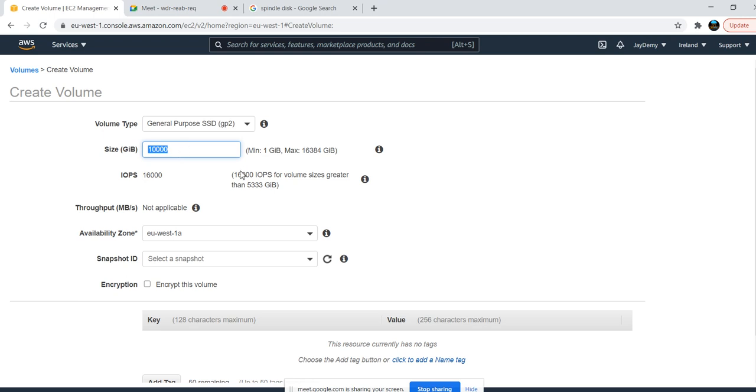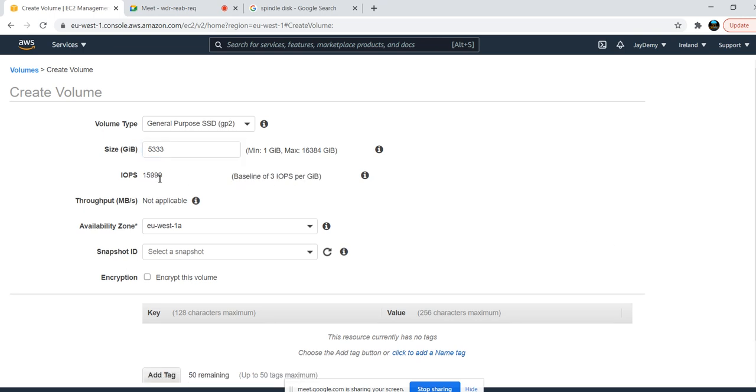For this I'm getting a maximum of only 16,000 IOPS. If I take 5 terabytes also, I am getting approximately 16,000 IOPS. So if I take a single disk of 10 terabytes, I'm not getting more than 16,000. In this case, even with 10 terabytes, our read rate per second is very low. That is the reason we need to take multiple disks here.